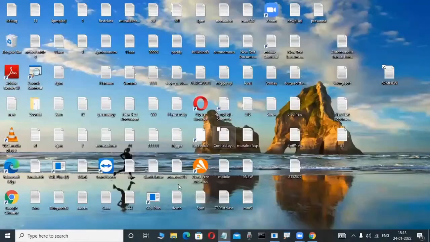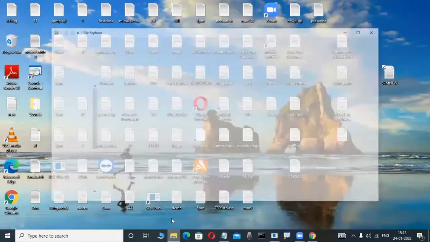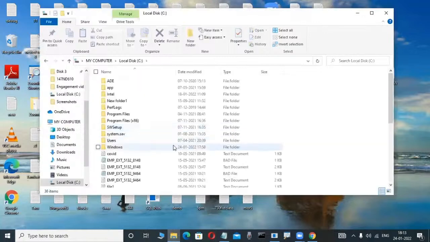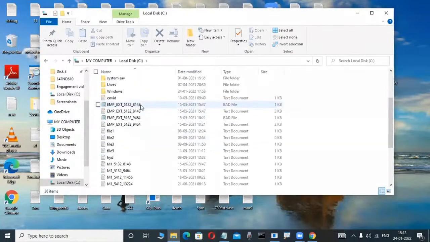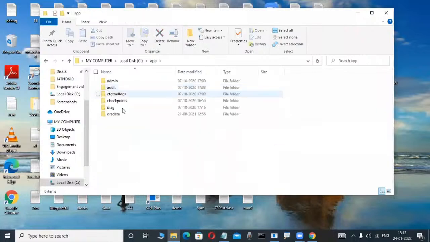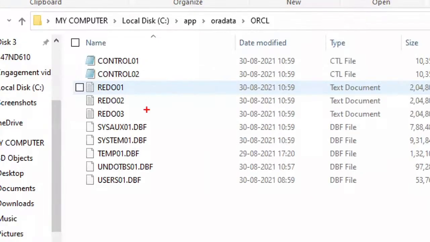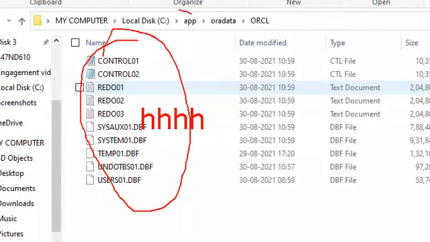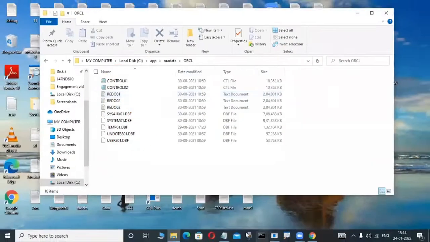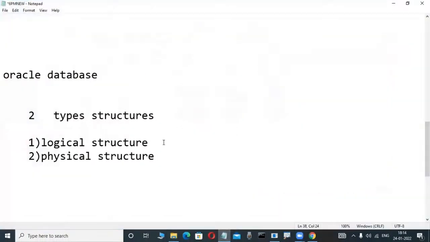I am installing Oracle, and how you install Oracle we will learn in the next classes. Suppose I install Oracle in the C drive or somewhere. Whatever table I create is not visible in the C drive or D drive. That's why a logical structure means a structure which is not visible